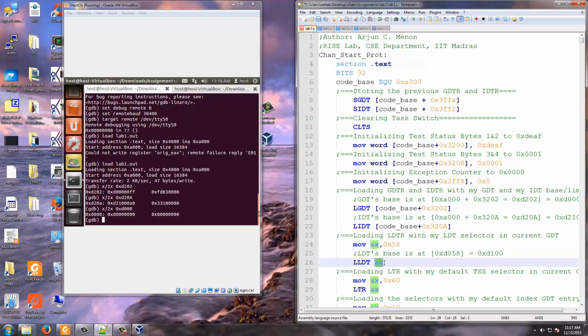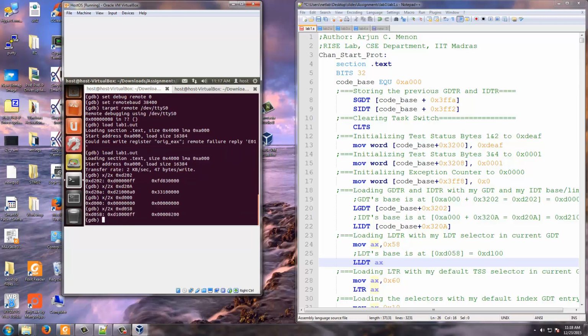Now we want to move AX, 0x58. So the AX register gets 0x58. Now I am loading LLDT with AX. So what is LLDT? It is the local descriptor table address. So what is 0x58? It is a selector in the GDT. Now how will I find out what is the value? I say x slash 2x 0xD058.